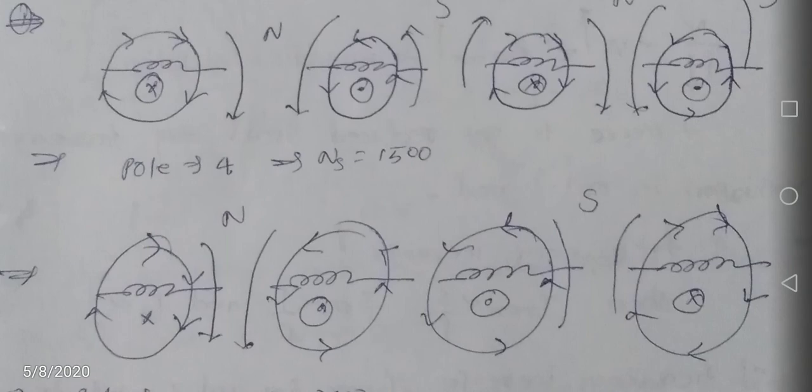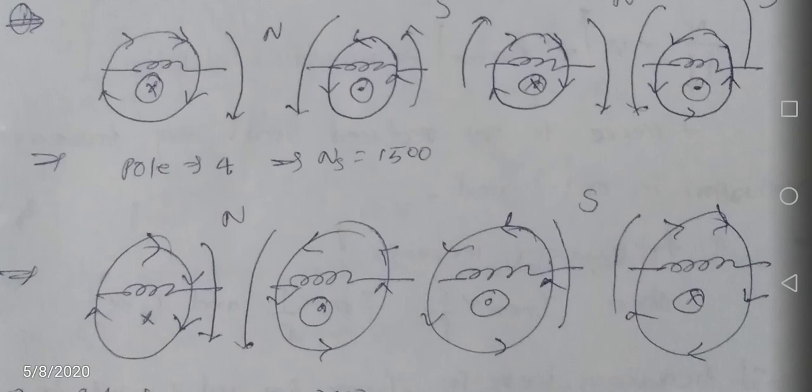See the second group here. In the second group, the conductors are the same, conductors 1, 2, 3, 4. The first conductor is cross and the second conductor is dot, the third conductor here is also a dot, and the fourth conductor is a cross, not like the first one. In the second group, the current directions are changed.